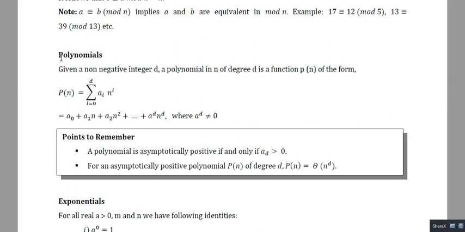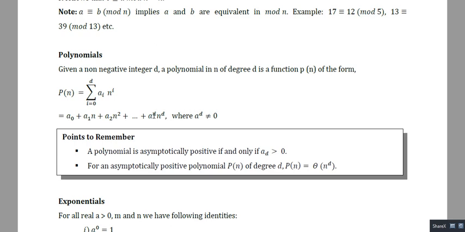Polynomials you already know from your school days. So Pn is a polynomial, where i varies from 0 to d. It means the polynomial degree is at most d. It can be expanded like this: a0 plus a1 n plus a2 n square and so on. This is a polynomial of degree d, provided the value of a d